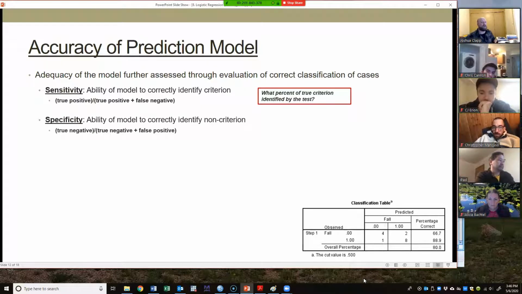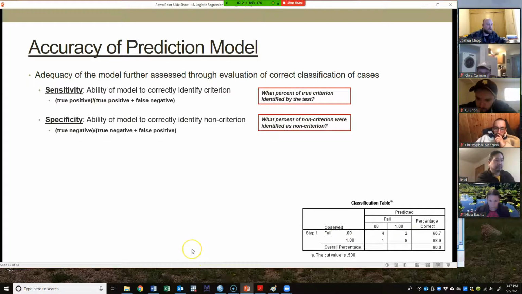But we also have the inverse, right? Our specificity, our ability of our model to correctly identify non-criterion, right? Here we're going to take our true negatives, which are going to be 4, divided by our true negatives plus our false positives. So we're going to take true negative plus my false positives, which are going to be this right here, right? And what my specificity is going to do is tell me what percentage of non-criterion were identified